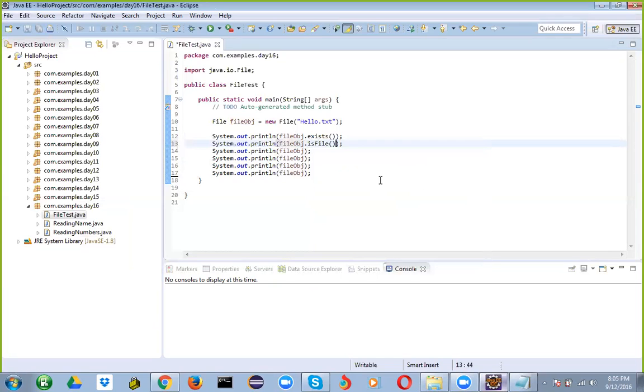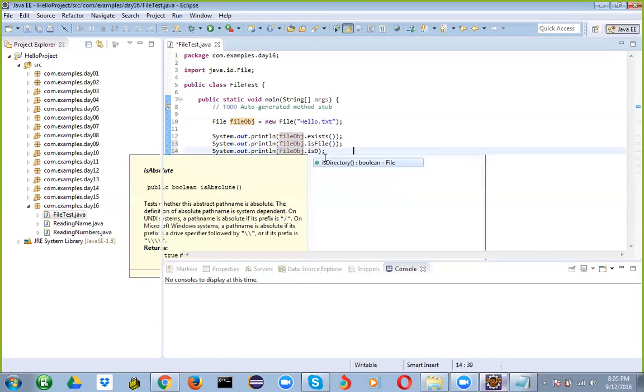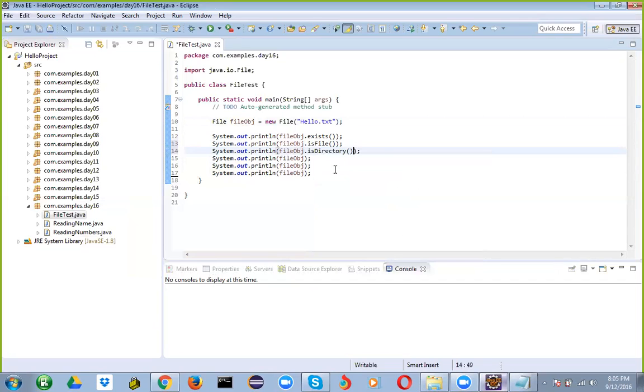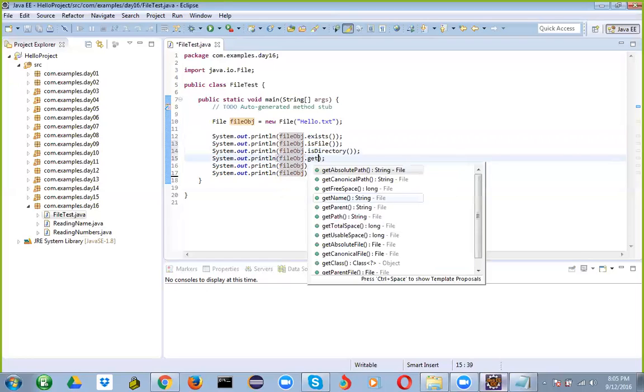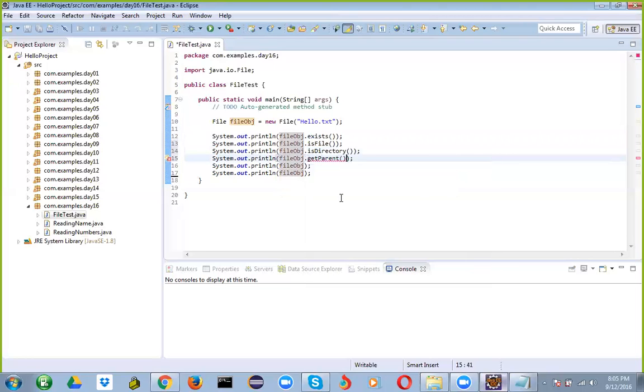Want to know whether it is a file or not? If it is a file, it's going to tell you true. If it is not a file, it's going to give you false. Like that, you can mention all these properties. I'm just giving the most commonly used properties so that we can use them down the line. The type of path and